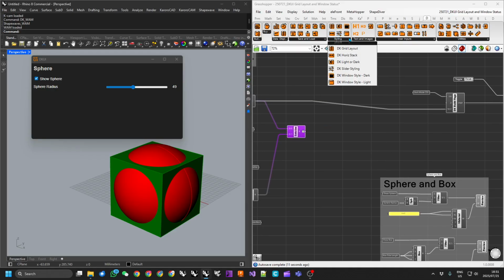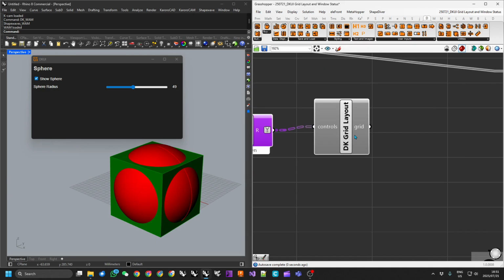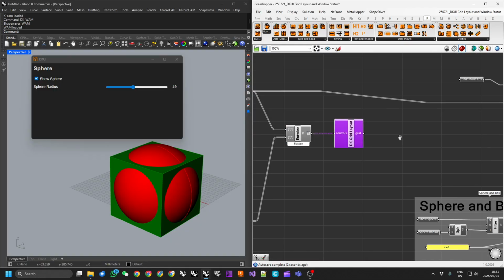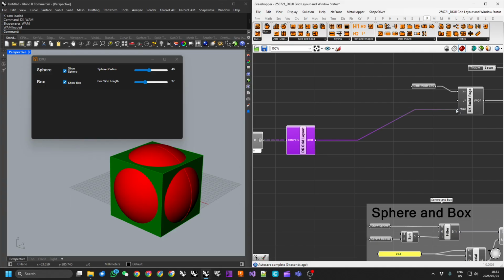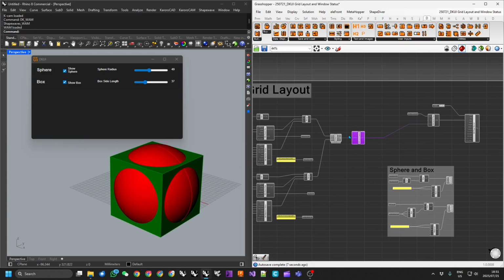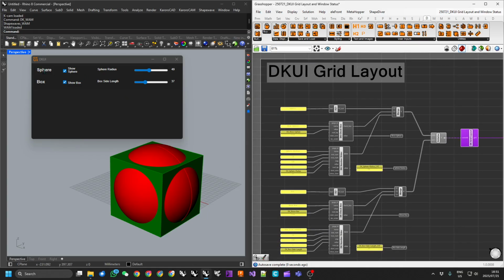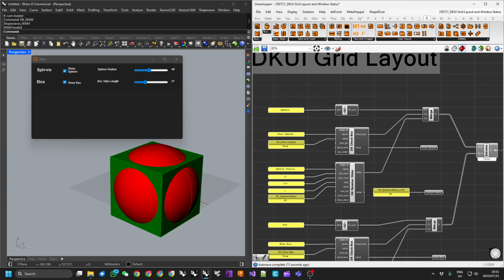Now under styling, we can grab a grid layout, and I can simply plug that tree into the grid layout, and then plug that into my HTML input. And as you can see here, we've created a 3x2 grid of our controls. So we have our H2, our sphere label here, and then we have our show sphere,